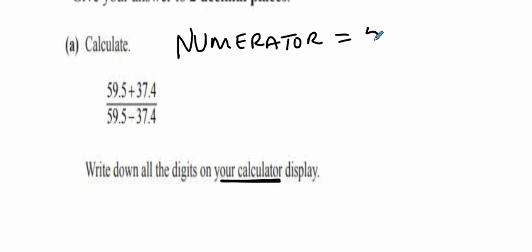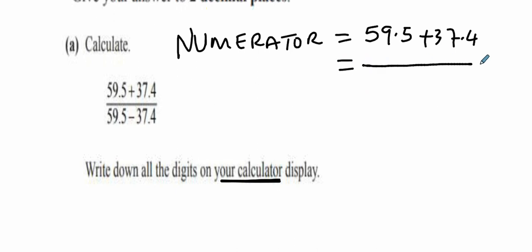That means do this one, 59.5 plus 37.4, right? The answer you get, write it here the way it appears on the calculator, and then